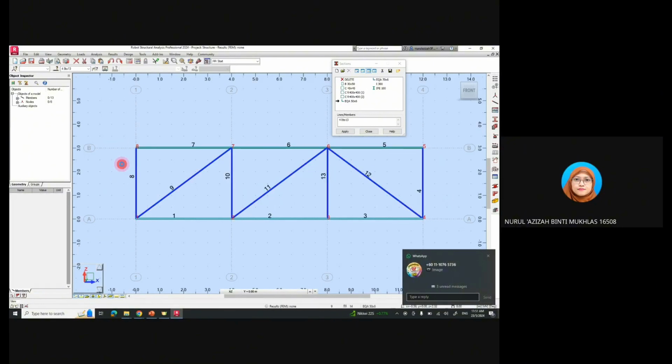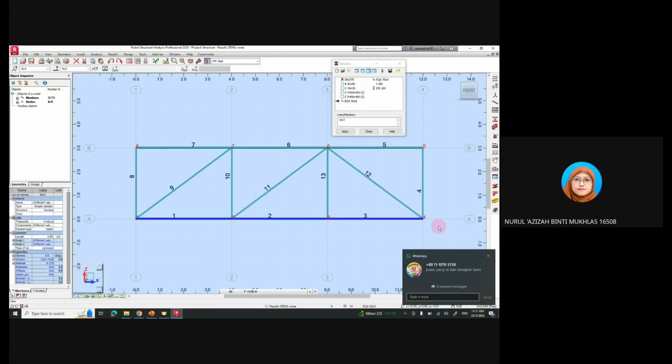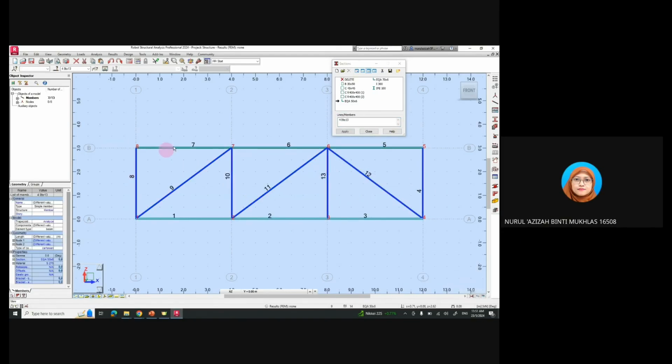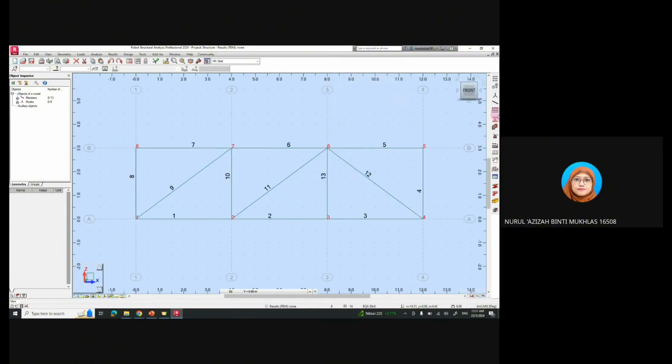But if you select from left to right, it will only highlight the members that are inside the rectangle shape. So again we need to highlight from right to left. Click apply. Close. Okay, finished. For this we go to materials. No need to do anything for materials, we just follow the default materials, and we go to